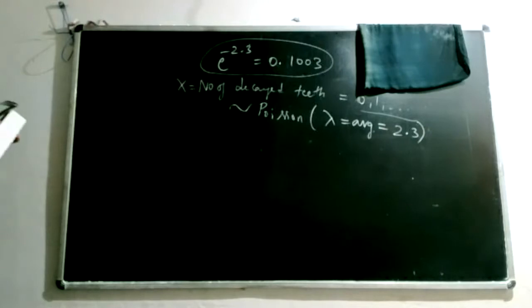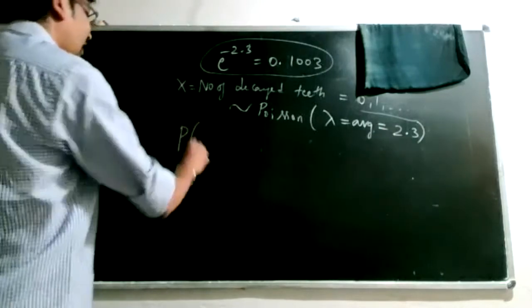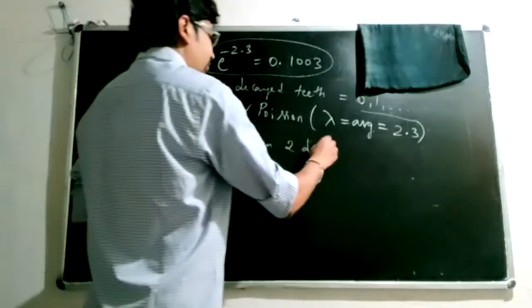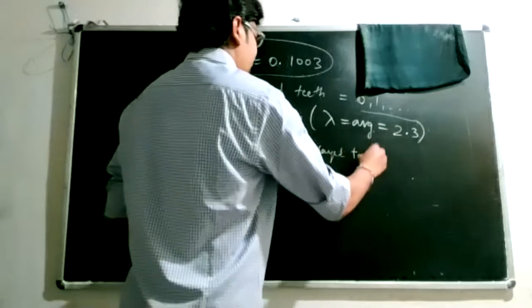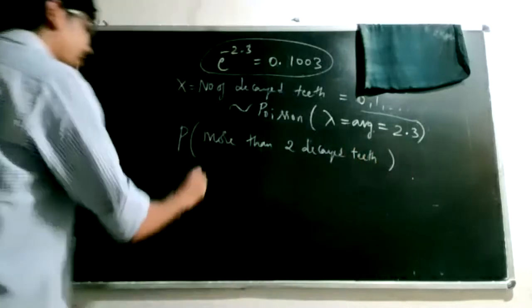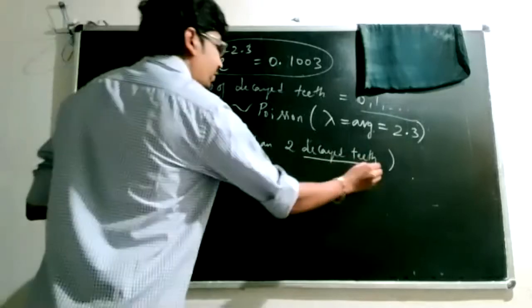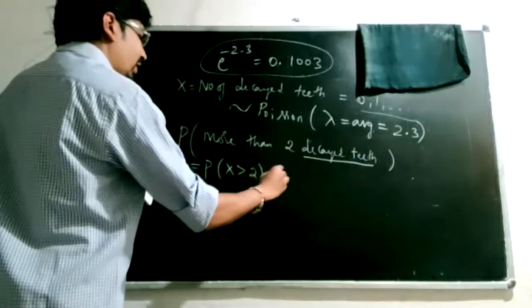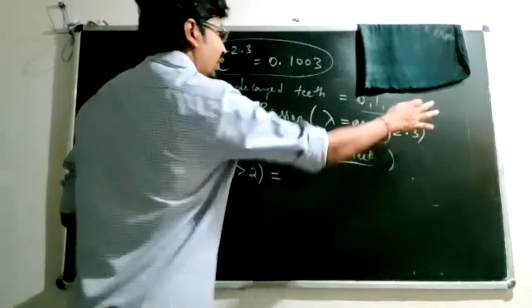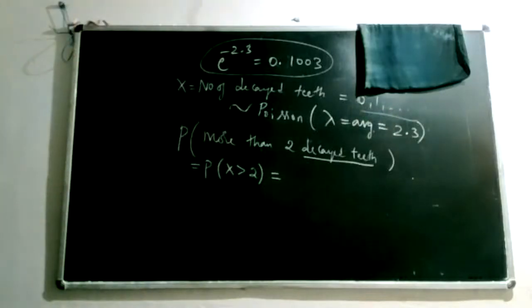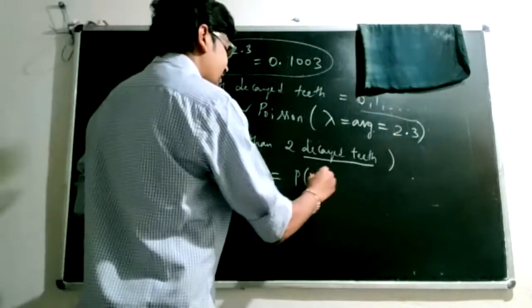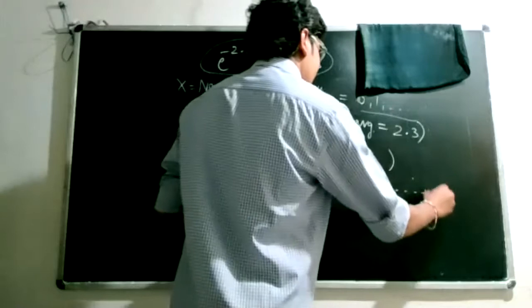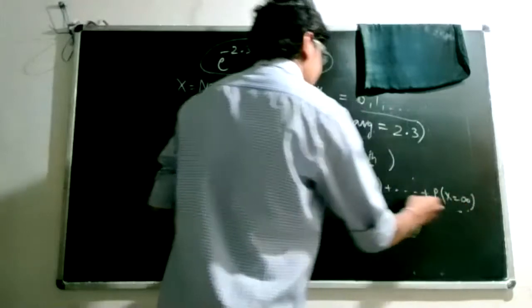Compute the probability that more than 2 decayed teeth will be observed in a patient. So more than 2, we have taken the number of decayed teeth as x. So more than 2 indicates x greater than 2. Now x greater than 2 indicates the probabilities for x equal to 3, x equal to 4, x equal to 5, and so on. And this takes up to infinity. So we cannot sit and compute each and every